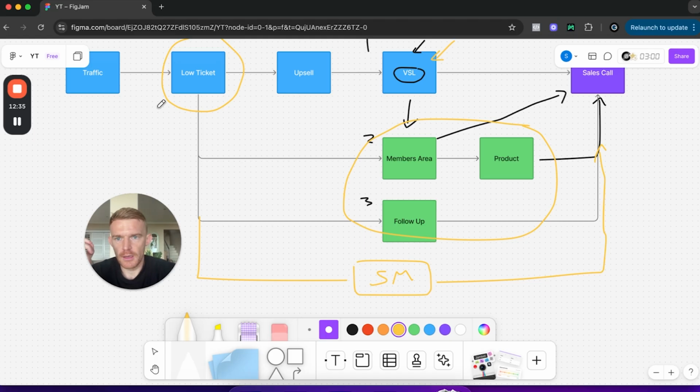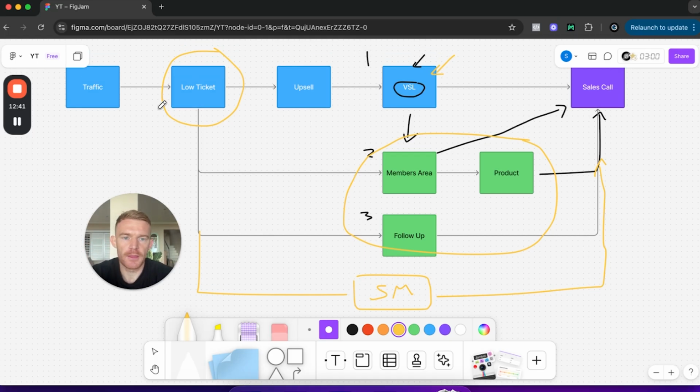That goes to say that the point is that your low ticket product has to be good, right? If your low ticket product is trash, then none of this is really going to work because they're not going to trust you. Because realistically, if they buy a low ticket product from you for $21 and what you created wasn't even worth $21, then they're not going to buy a 10K thing. Because if they can't trust you to build a $21 product, they're not going to trust you to build a 10K product. So they're just not going to buy. And a lot of people, especially with AI, are just like, oh, I'm just going to put a few prompts into ChatGPT and create an ebook for $27. People are going to buy it and then they're just going to upgrade. And that is not right.